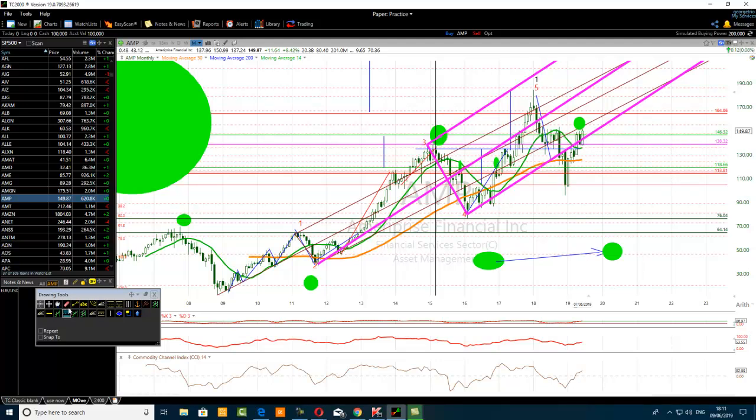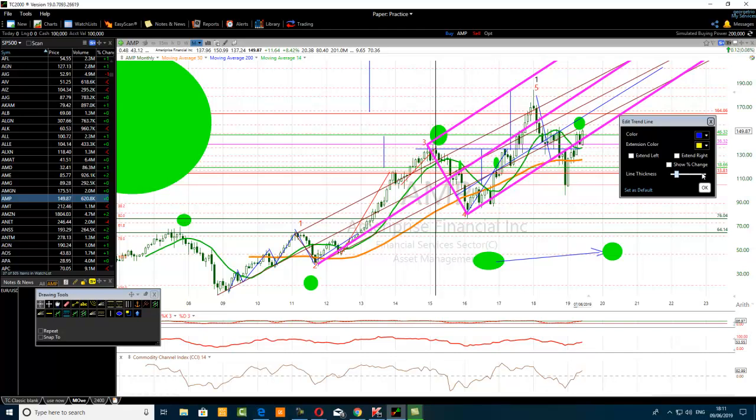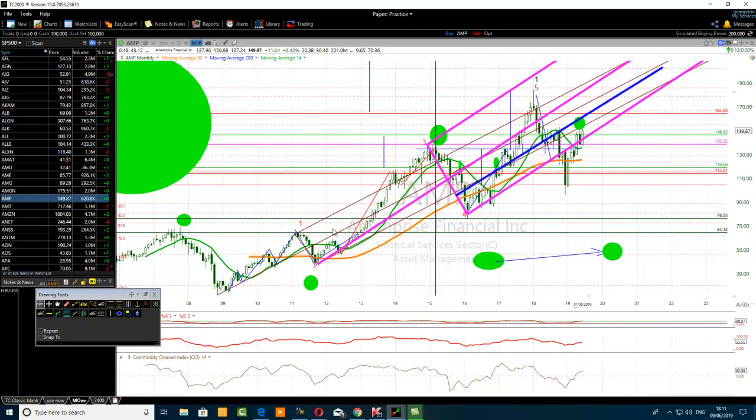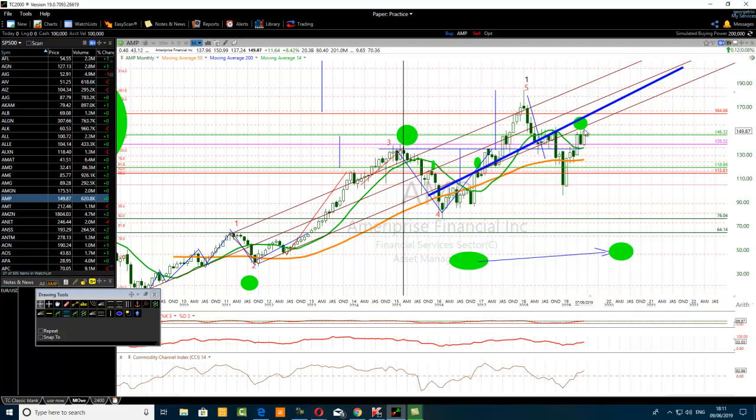the second pitchfork tool. Therefore, I will be drawing the median line of the lower half of my second pitchfork tool. This is the lower half between this line and this line. We have the lower half of my second pitchfork tool, and this is the median line of that half. That's the blue line there. Now I will remove my second pitchfork tool. So I just leave it there.